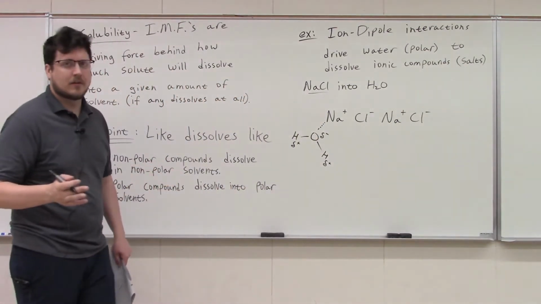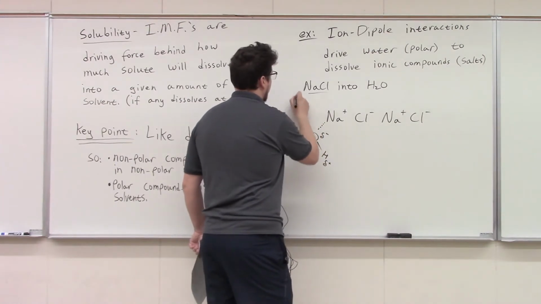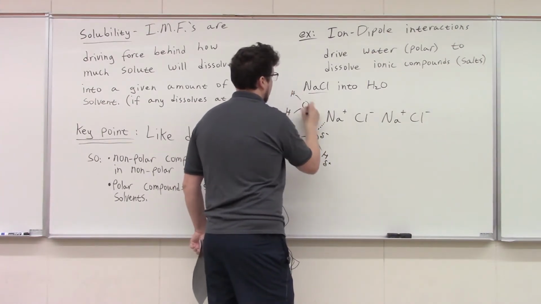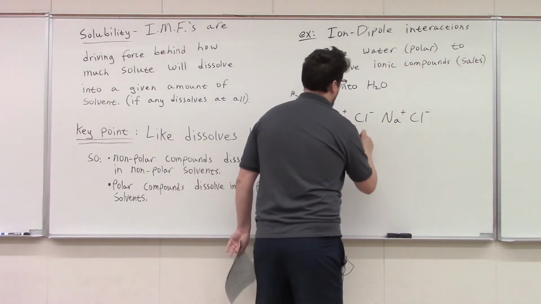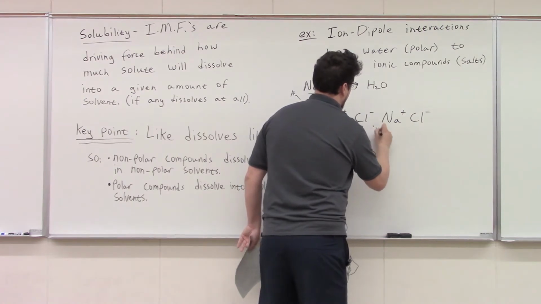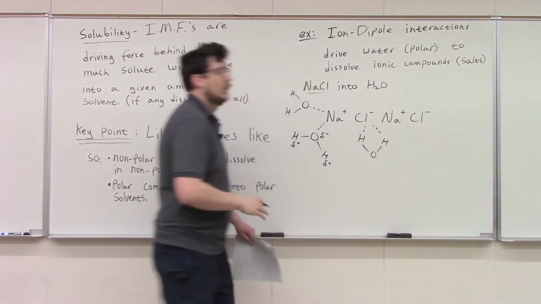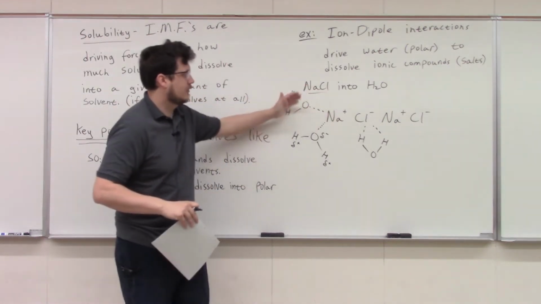Now, one water isn't going to do it. It takes a whole group of waters to have this interaction take place. And then for the anions, well, we just have the positive portion of the water